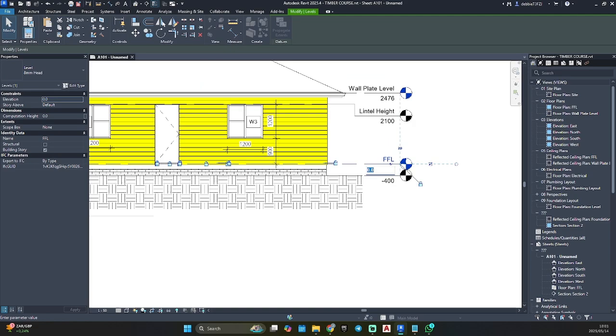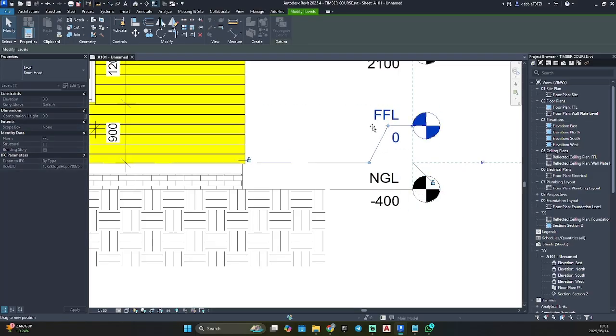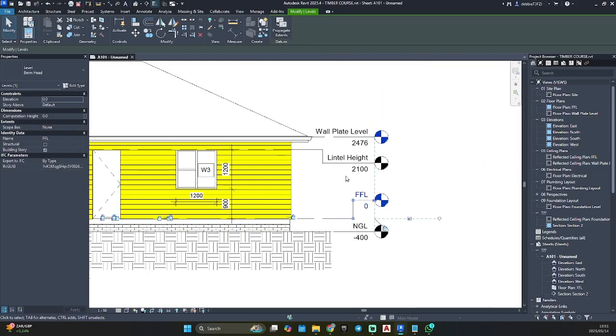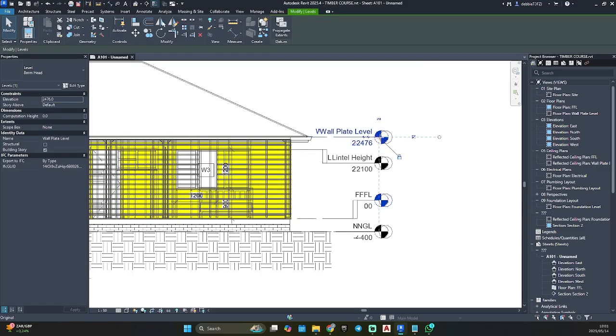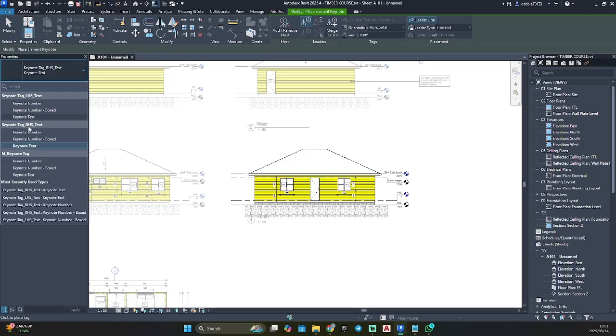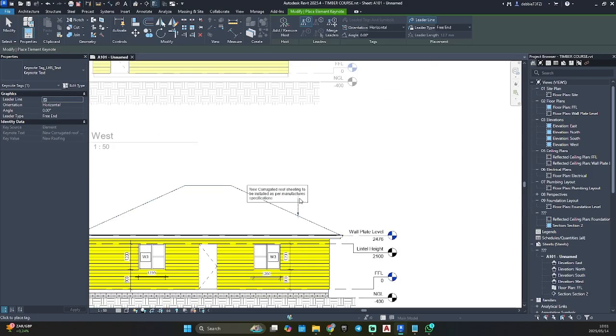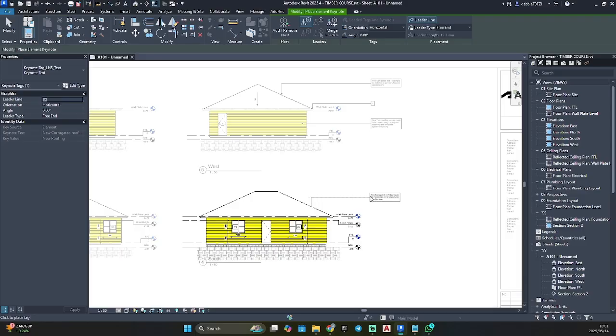Okay, this one. I want to click on that. Let's use our left hand side one so that all of our nodes line up.